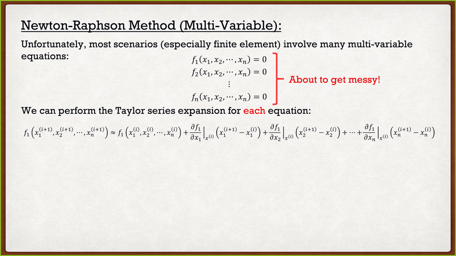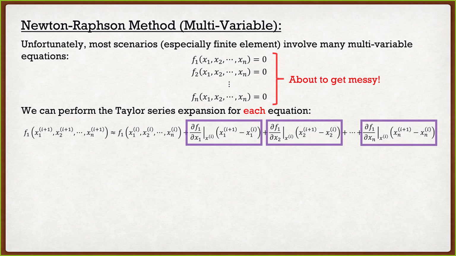So I stopped after that first derivative. Now it looks like complete garbage. I know I'm probably scaring a lot of you guys right now, but don't worry, it's not too bad. If we look, it's the same thing as before. Before, our first part of the equation was our function at our initial guess. That's the exact same thing here. And then the second part of our equation was basically the derivatives of our function multiplied by that delta x. Well, that's exactly what appears here.